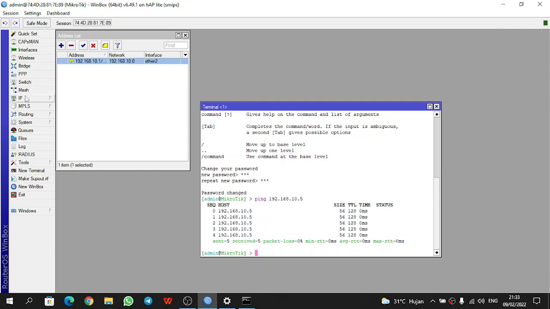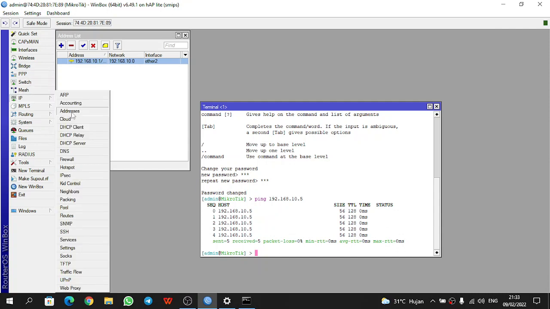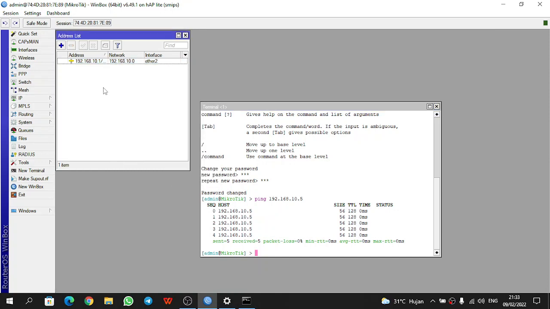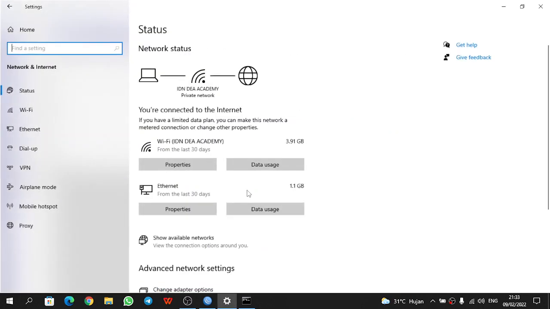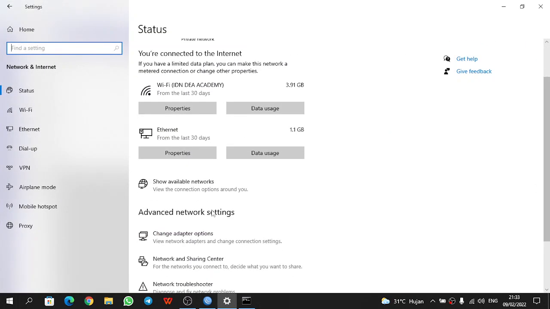Next, before that we make the DHCP server for the router. First we open the network and internet settings, and select the other option.